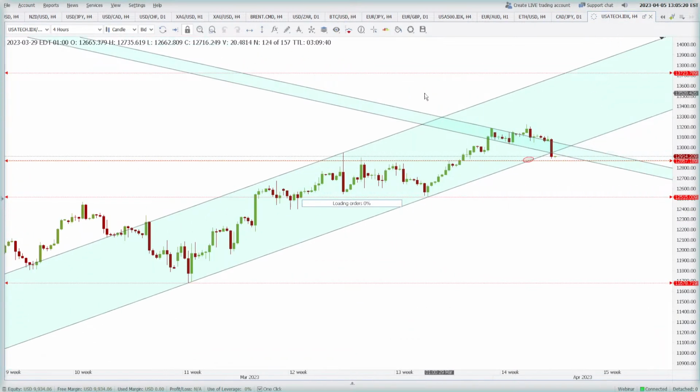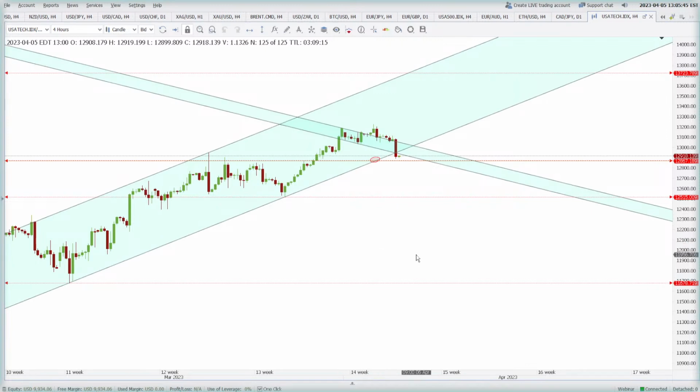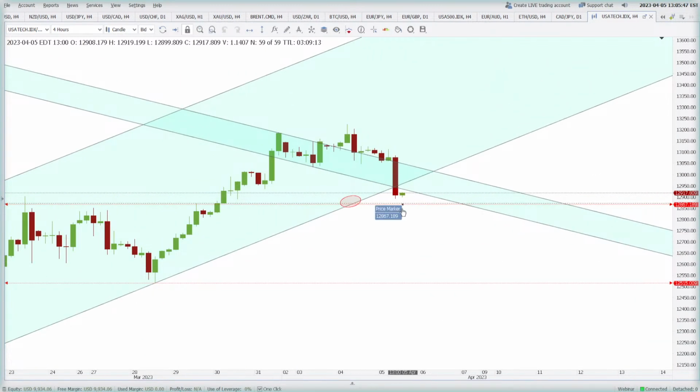Last is USA Tech. Well, we wanted the price to actually go higher, and this area is what we were looking for as a support, 12867. We are very close to that level, almost 60-70 points away from that. If you get a jerk towards this level, I think you should be buying this market, because intraday it can rise anytime soon. But on the 4 hour, it has given a close below the rising channel, so this rising channel may be acting as an intraday resistance. Both ways it can go.